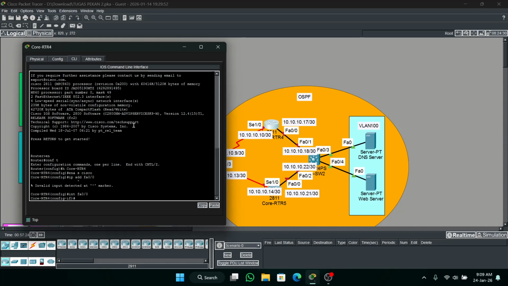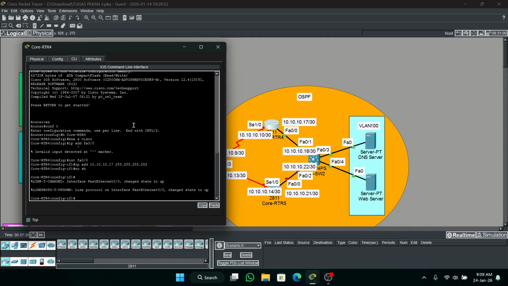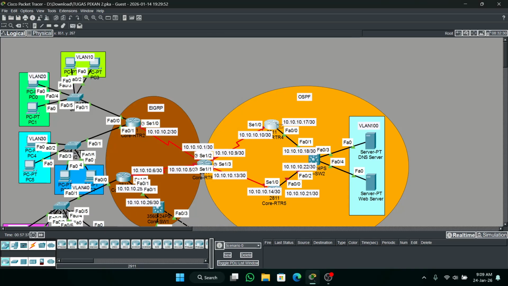Okay. IP address 10.10.10.17, 255 and no shutdown. Point-to-point test successful.